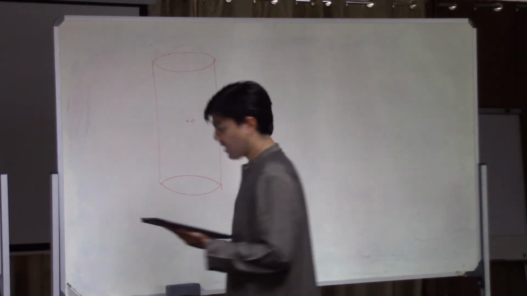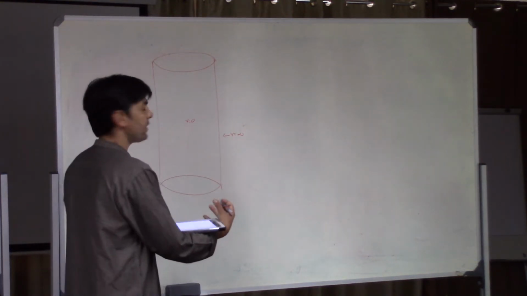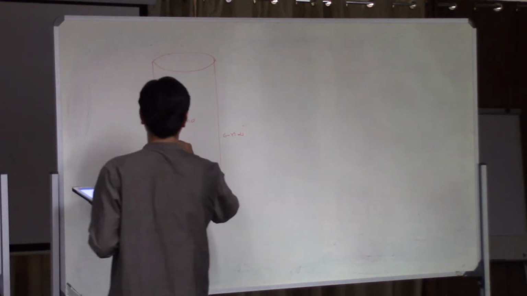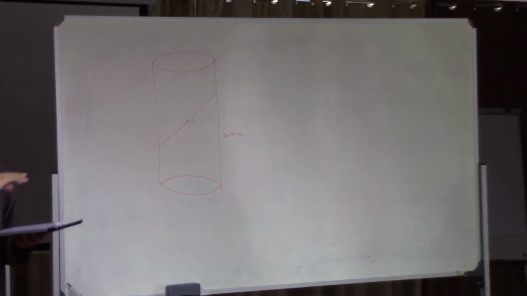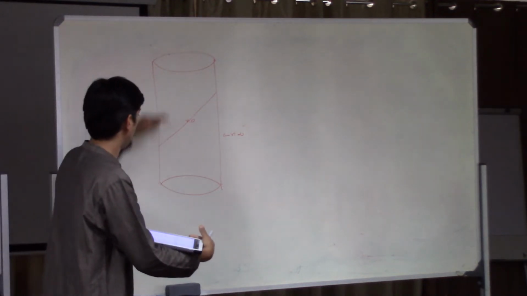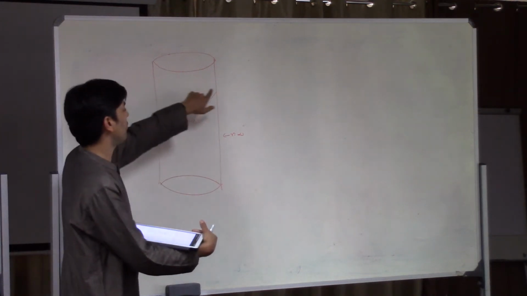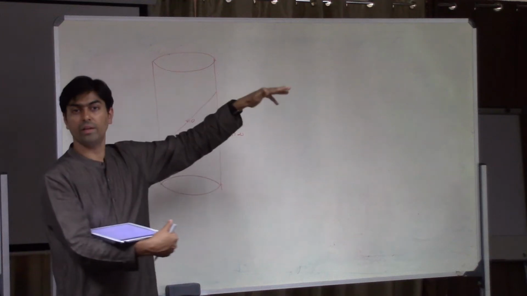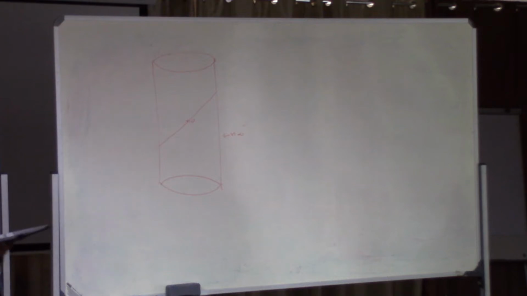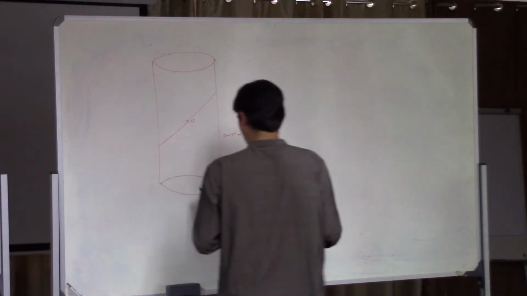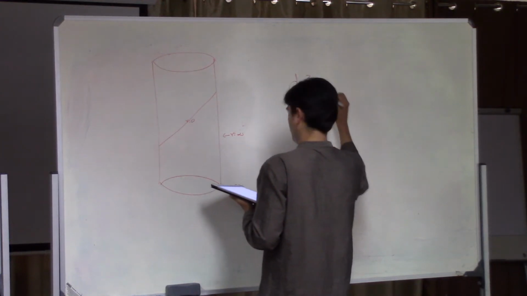Now, one thing to recognize is that even though the boundary is at R equal to infinity, if you draw light rays, these light rays can actually cross from one part to the other part in finite time. If you measure time on the boundary, then light rays can cross from one side of the boundary to the other side of the boundary through the bulk of AdS in finite time, even though it looks like the boundary is at R equal to infinity. In fact, the simplest way to see this is to go to the so-called tortoise coordinates, which are just defined this way.